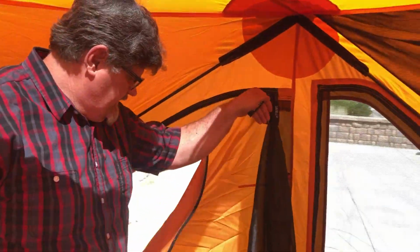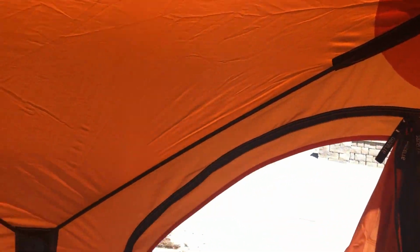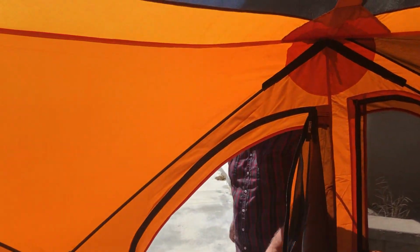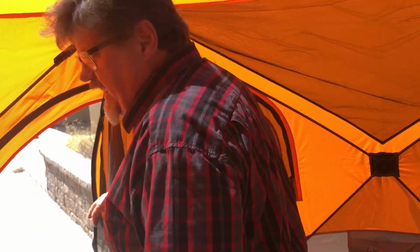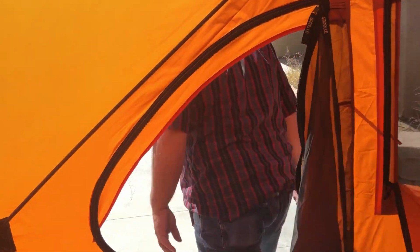This is the secondary door here. Kind of nice. Want to see some magic? So here I am, going around. Voila! We're on the other side here. Really nice. Doors are a lot easier to get into since it's bigger too. So when you're getting older like me,